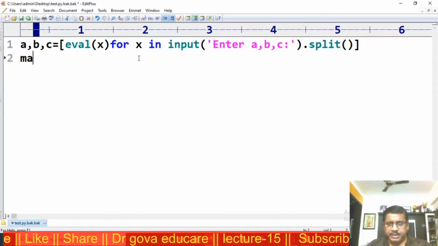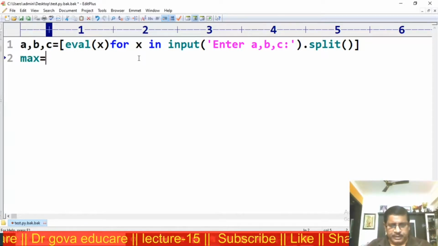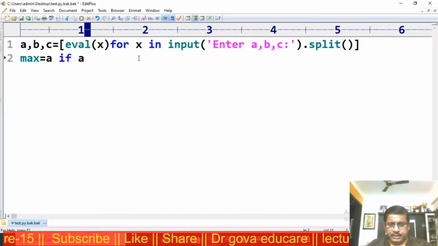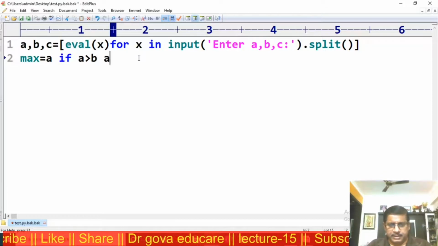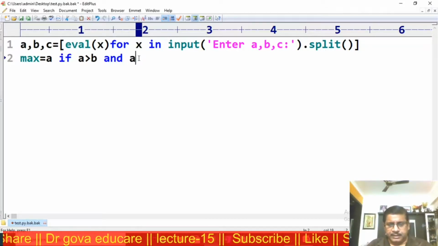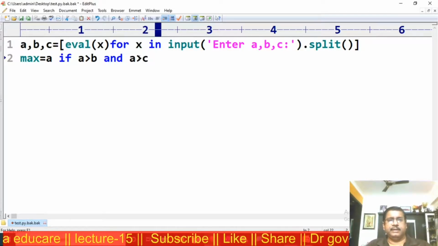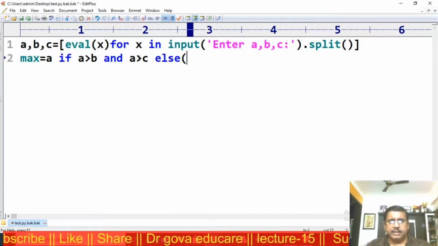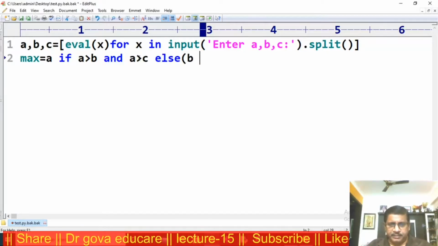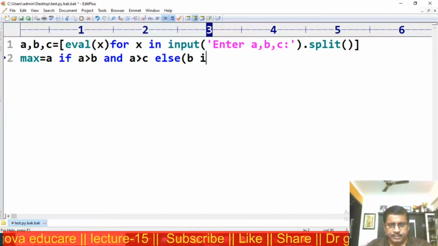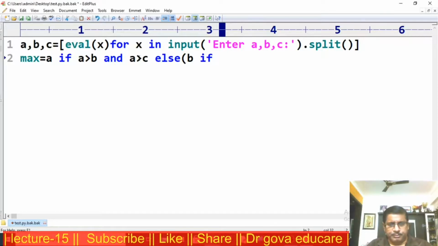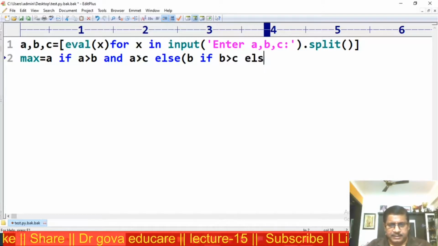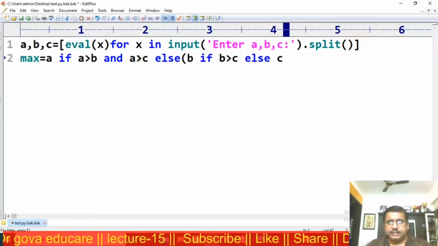Max, or big, max is equal to a if a greater than b and a greater than c, else b if b is greater than c, else c.